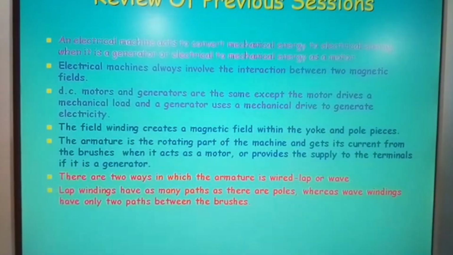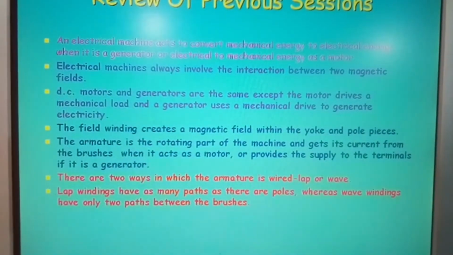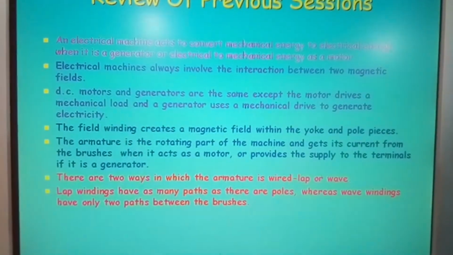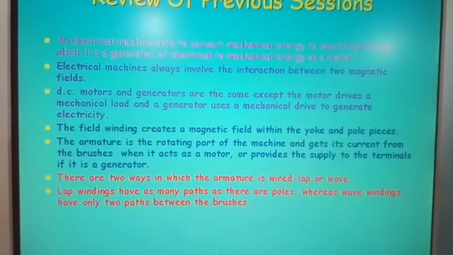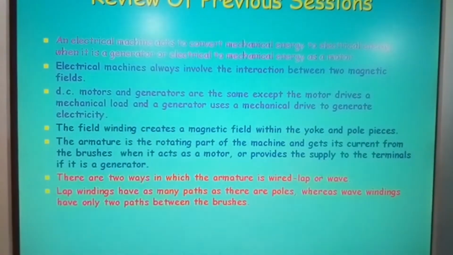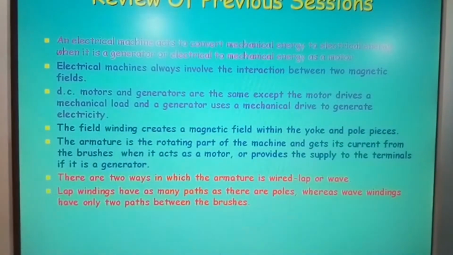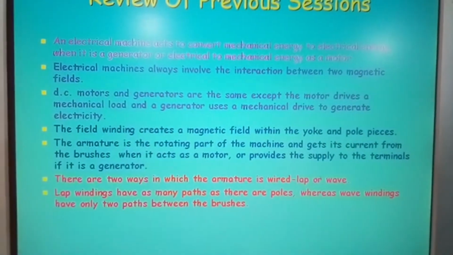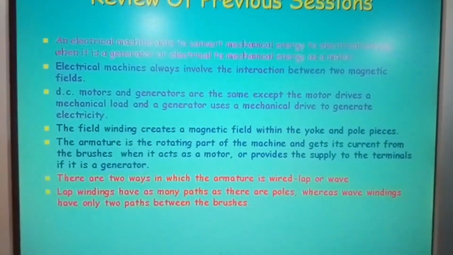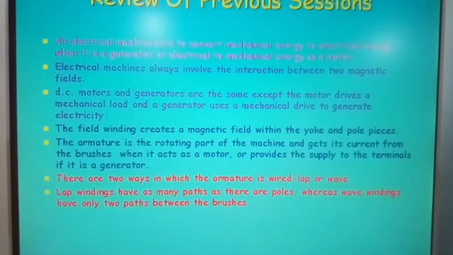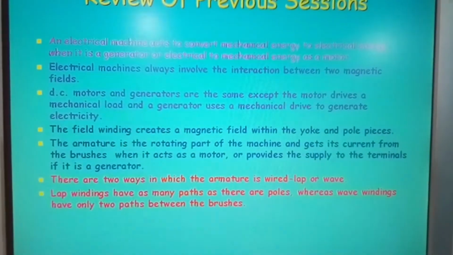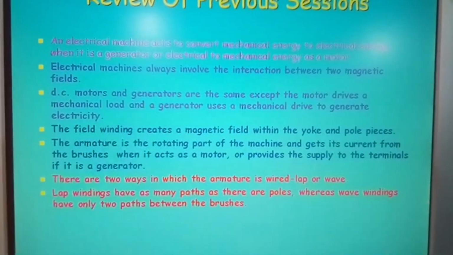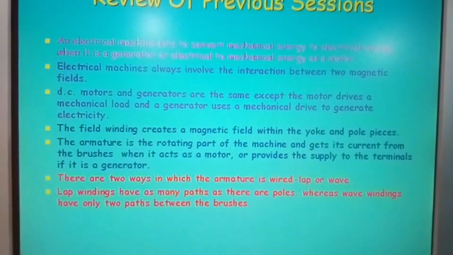The armature is the rotating part of the machine and gets its current from the brushes when it acts as a motor, or provides the supply to the terminals if it is a generator. There are 2 ways in which the armature is wired, lap or wave, and I've shown you this in session 1 for DC machines, so look back at that. Now the lap and wave becomes more complicated when you're doing level 4 and 5, okay? You then actually have to do the calculations that will give you the